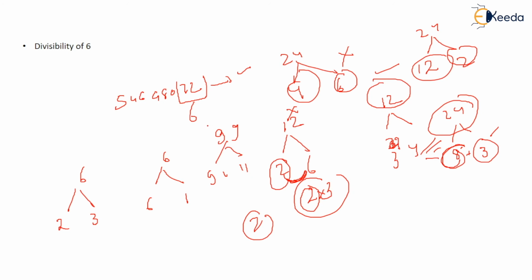And in exams they ask you like this only: whether a number is divisible by 99, 88, 76, 44, 122. So you have to find its factors like 9 and 11. I told you the rule for 9 and 11. You have to apply both rules and check whether it is applicable with 9 and 11. If it is applicable with both 9 and 11, then it can be divided by 99 as well. So this is how you need to check. Okay, so let's see the question based on it.